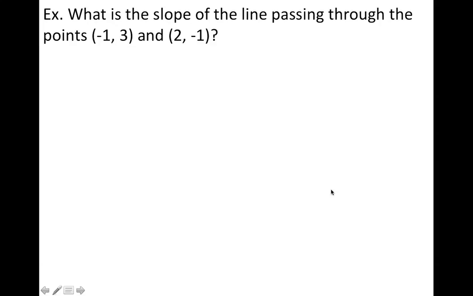Now they may give us 2 points on our line, and we have to figure out the slope of our line. It might be helpful to label your points. Take your first point. Remember, your first term is x, and your second term is y, so we'll have x1, y1. And then our second point, we'll have x2, y2. And then all you have to do is plug it into the formula of slope equals